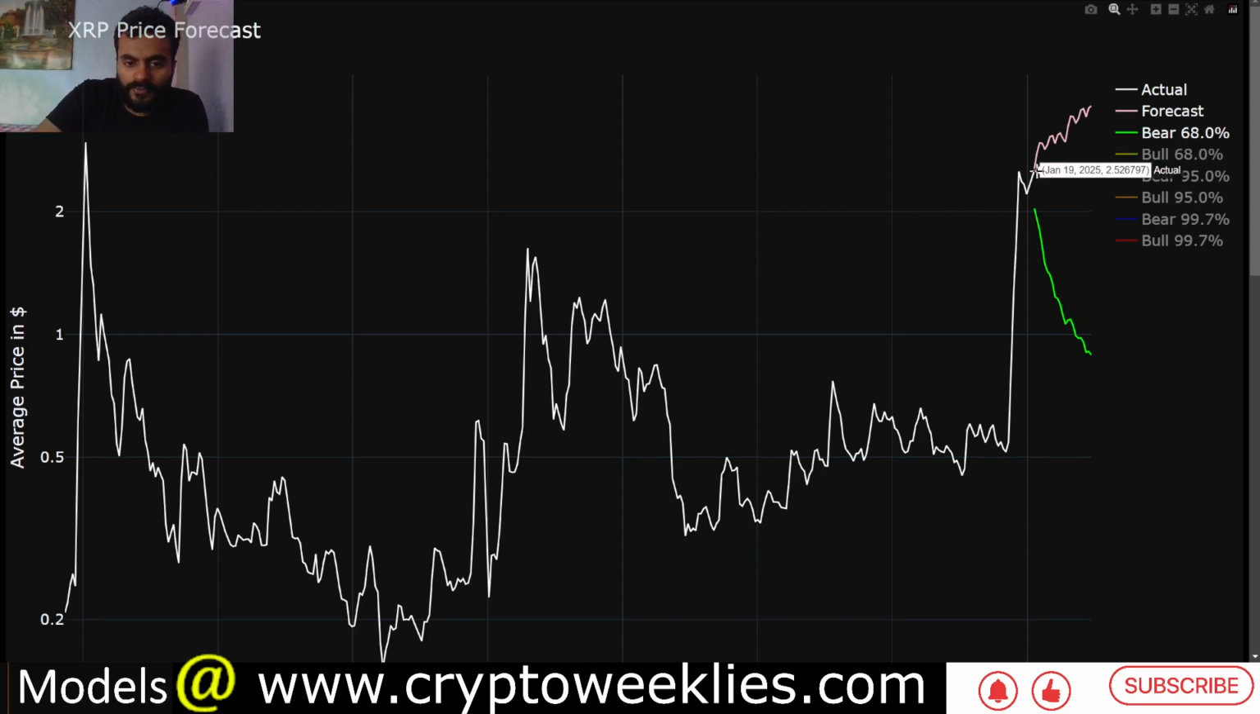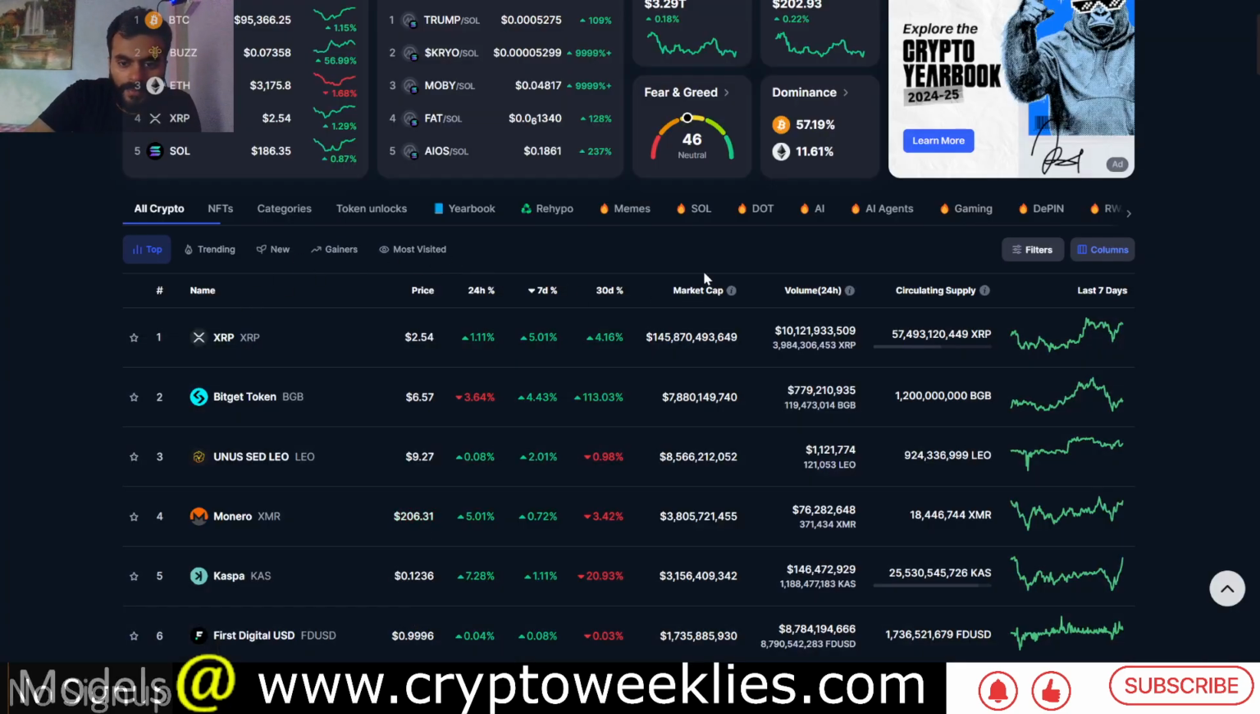Again, a 5x move did occur already, so another 5x from here would be astronomically tougher than the move from 50 cents to $2.50, because a 5x on a $150 billion asset would put XRP somewhere between Ether and Bitcoin. Because right now, if you look at Ether's market cap, again by market cap, if you